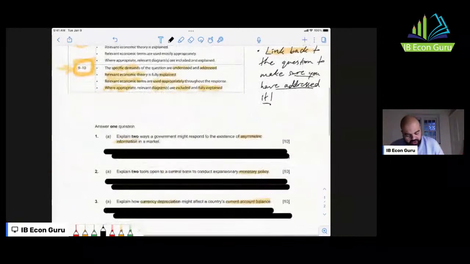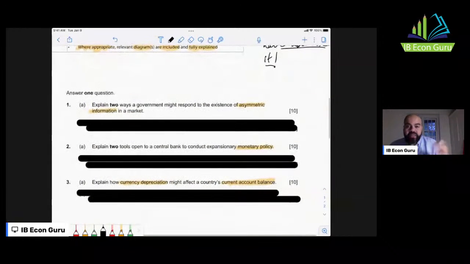So I've got here 3 examples from the specimen paper, just to get you started on how to think about constructing those essays. Let's have a look at question 1. Explain 2 ways a government might respond to the existence of asymmetric information in the market. Now, what I have highlighted is the key term that you should define. So just start the essay by,